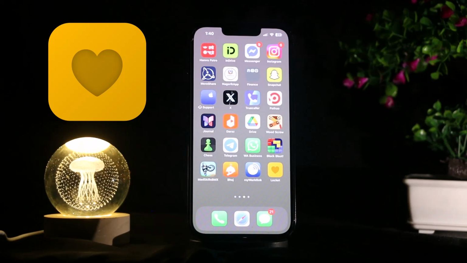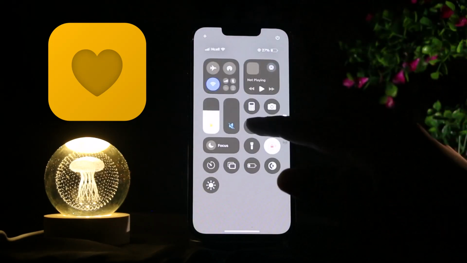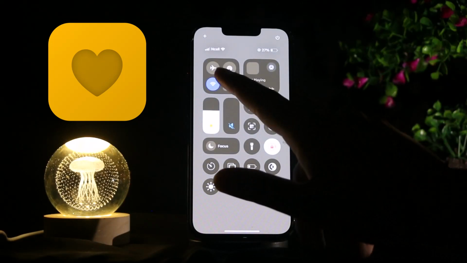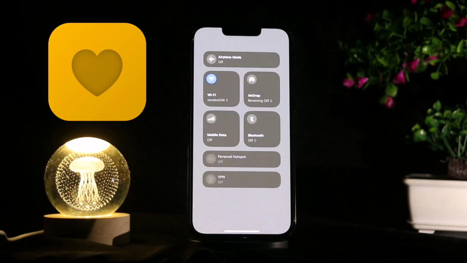The first basic thing which you need to do is make sure that your device is connected to Wi-Fi. So scroll from the very top right hand side and see if your device is connected to Wi-Fi or any kind of data. So if you are not connected to any of it, then you won't be able to start the Locket Widget